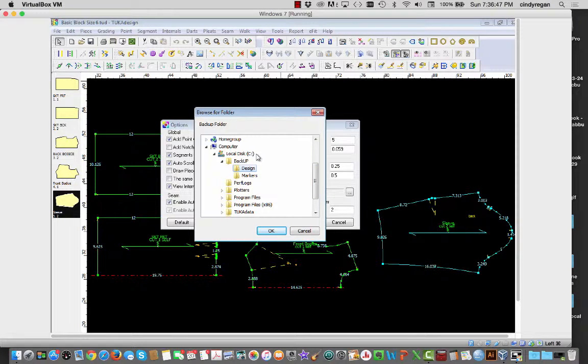The C drive is the default, and that's where it can be on your home computer. But here at school, it will select the C drive, but it won't write to the C drive because they have locked it up. So the important thing here is that you select it to be an area that you can retrieve. So on the school computers, you could save it to your WIN file. That would be fine. It allows you to write to that WIN file. You could save it to the desktop, or you can also save it to the